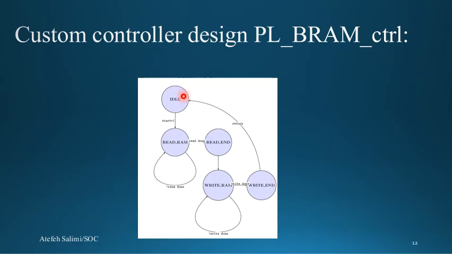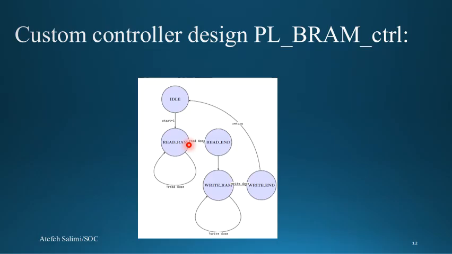It starts from the idle state, and based on the start signal status, it will go to the next state, which is read RAM, and again it looks at another signal which is read done, and whenever it is 0, it will stay in this state and continue reading the data from the BRAM, until